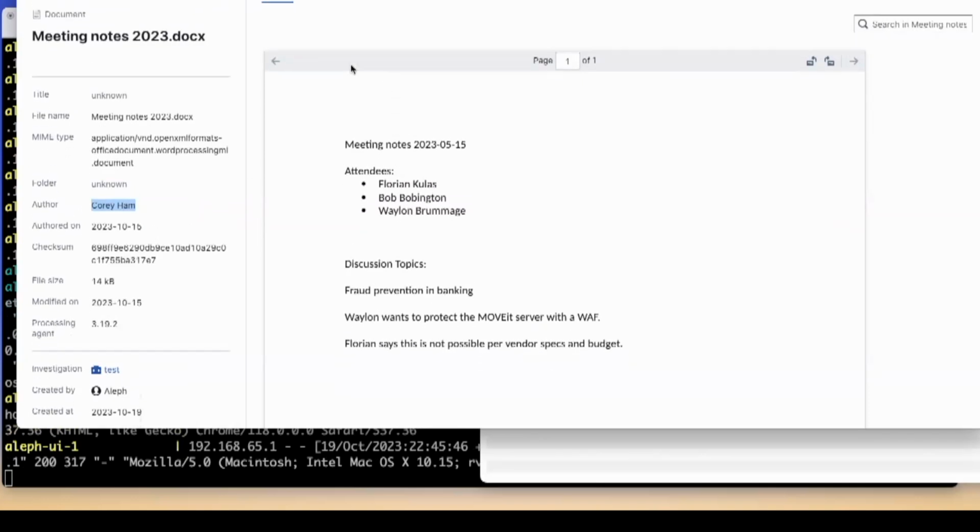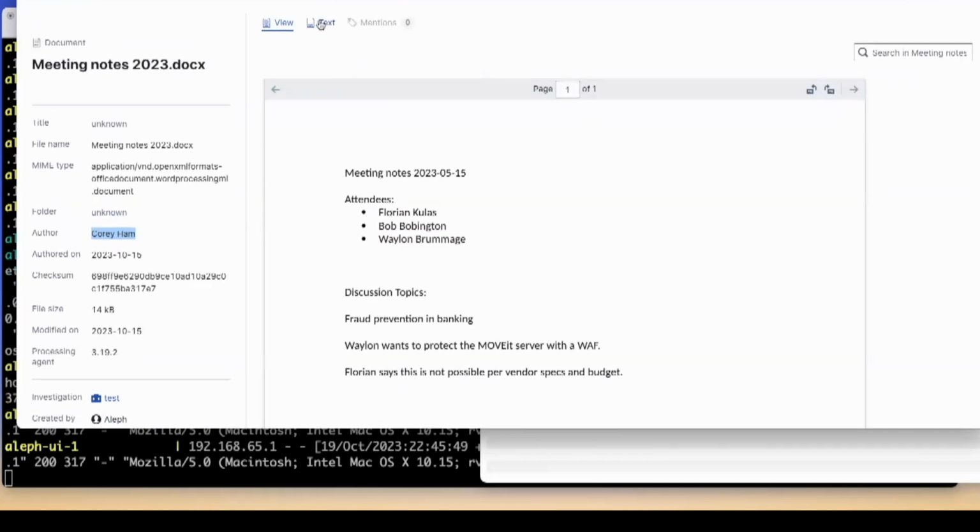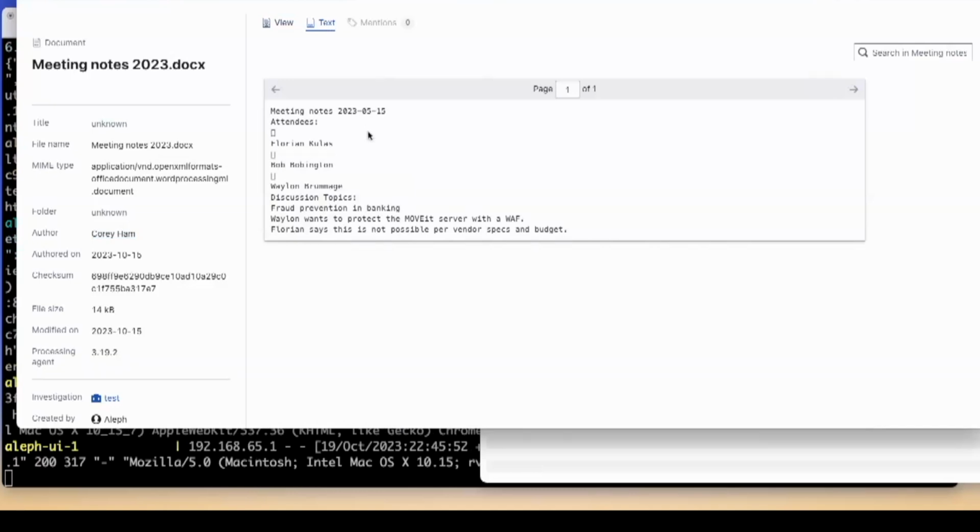And then also, in addition to being able to browse it in the web interface, it does text extraction from this. I don't think this is OCR; I think this is data aware text extraction. You can see here the contents of it as it saw it. I don't know what this weird formatting is, but.